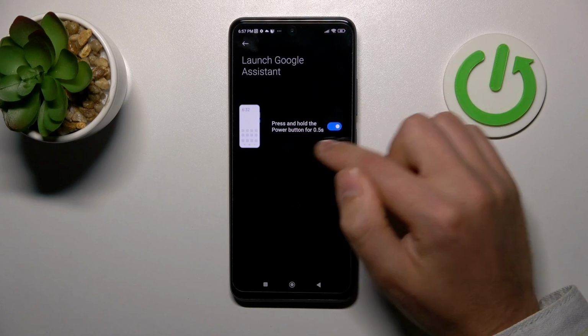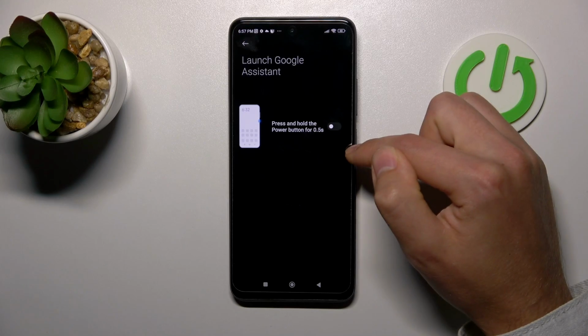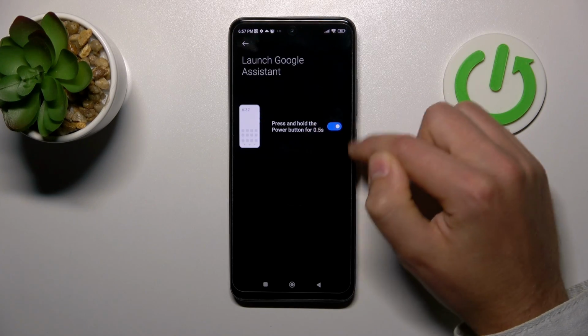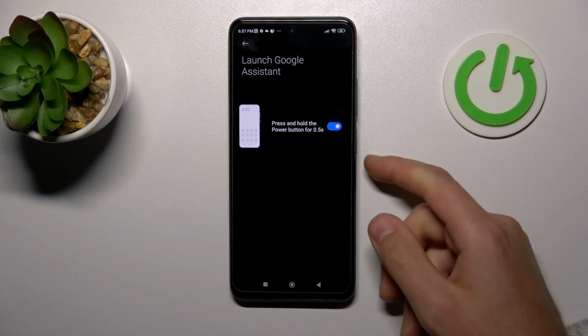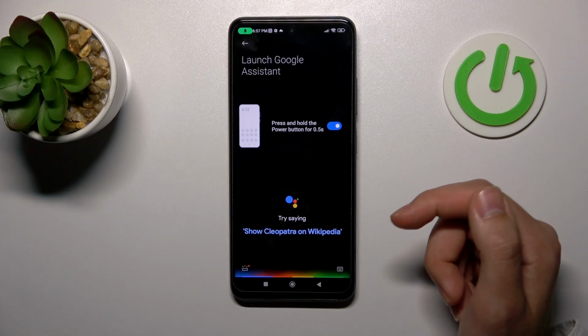So to turn off this option, you need to click one more time, and when the position is gray, it turns this option off, and when it's blue, it activates this option. So let's try: press and hold, and as you can see, we activate our Google